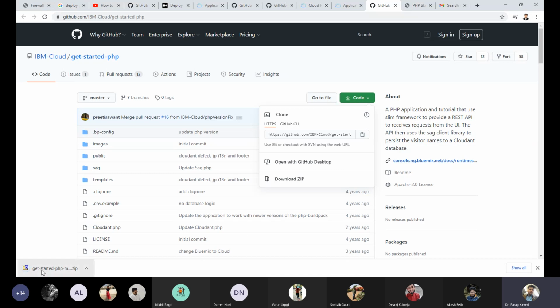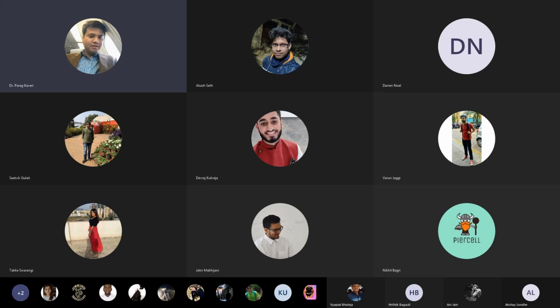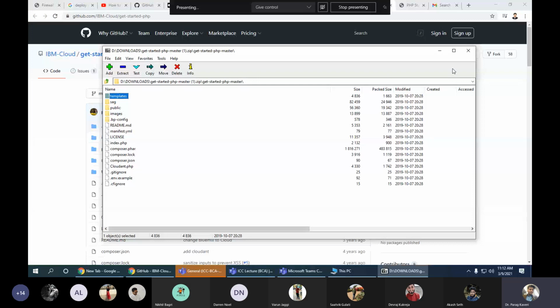Once you have downloaded the zip, you can go there. You can see I have already downloaded it and I am inside the getting started PHP app.